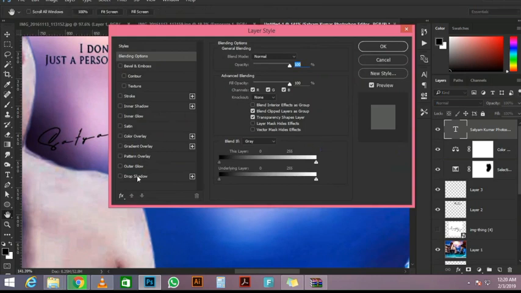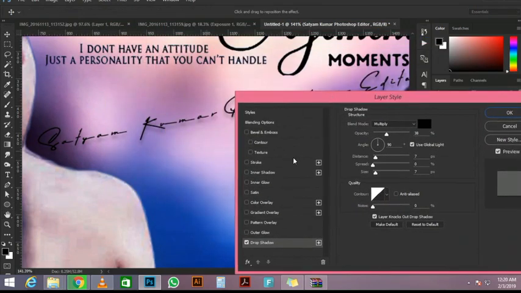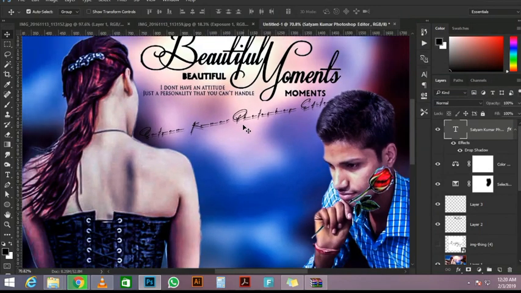And I'm going to click on the new group icon to create a new group. I'm going to click and drag this snow layer in there. I'm going to collapse it, and now it's in that group. Next, I'm going to hold Alt